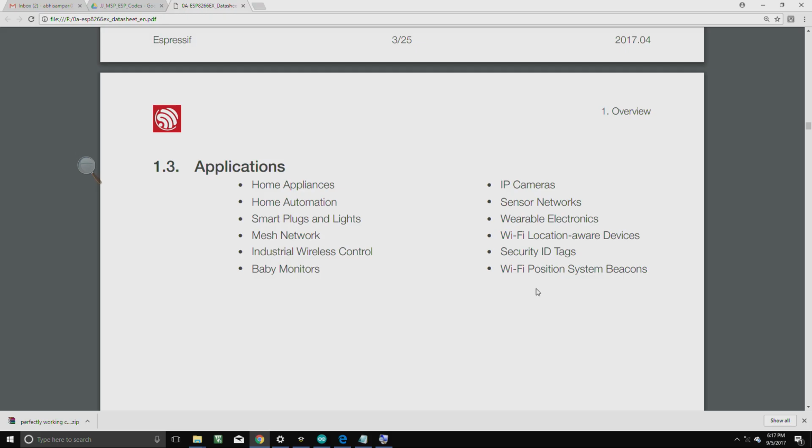Nice applications are possible: home, smart plugs, lights, mesh networks, baby monitors, IP cameras, sensor networks, and so on. Really a good Wi-Fi IoT module for several applications. Many YouTube videos are available for this very exciting ESP8266 Wi-Fi module. However, if you put it into the framework of what we did in the Joule Jotter prototype hardware,